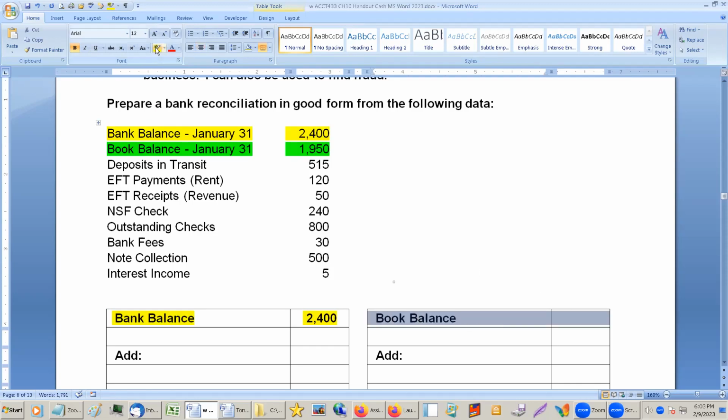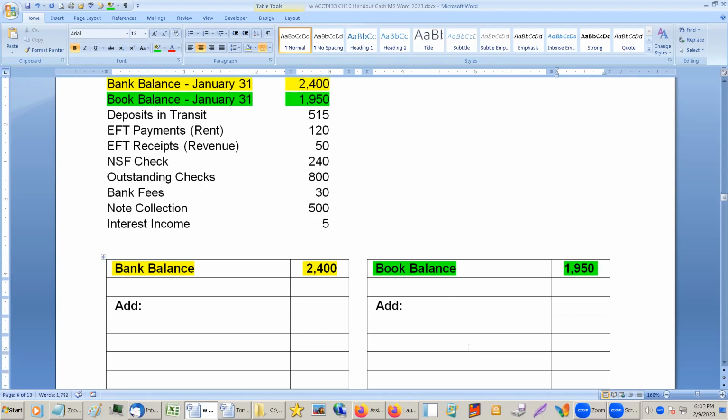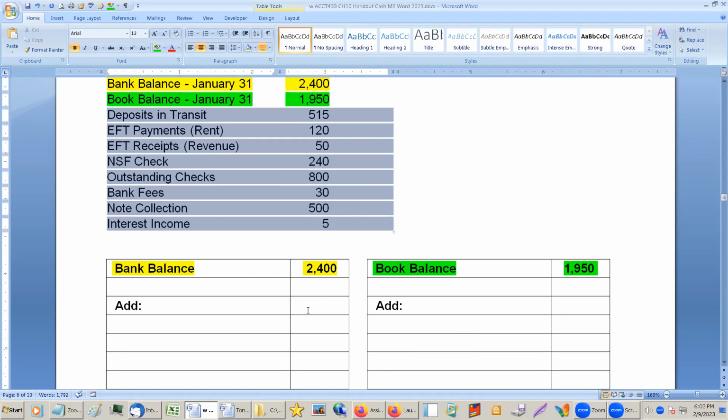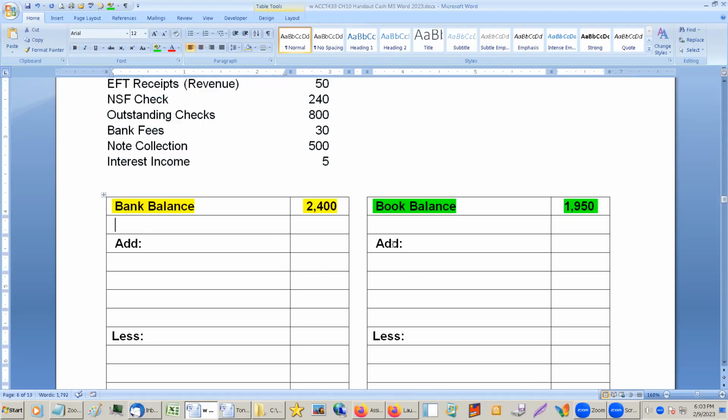And according to our books, we have 1950. Now there's a whole bunch of stuff in here, and some of it will go on the bank side, some of it will go on the book side. And basically what we're trying to do is